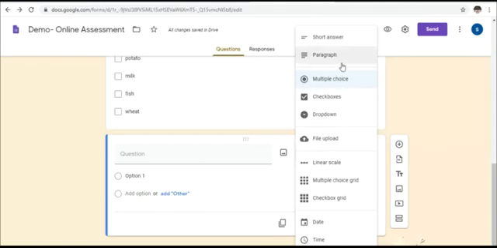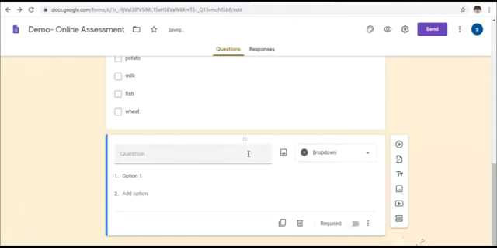So next I wanted to give a paragraph question. Let me take a drop down first. For this, I'll give: Iodized salt contains which mineral? Okay.